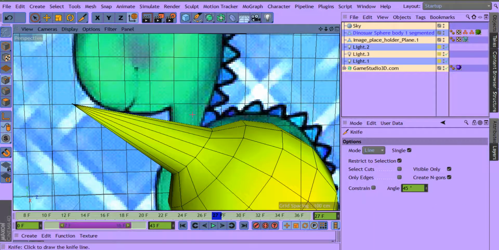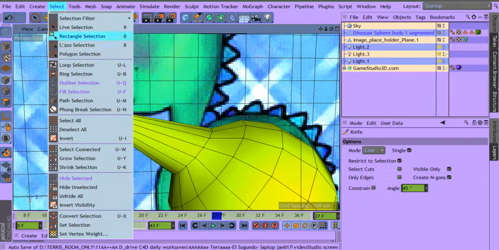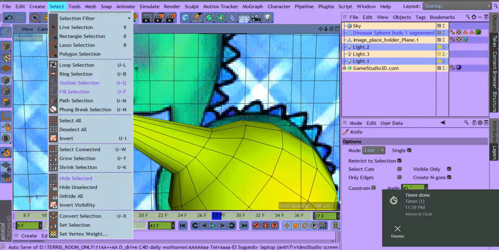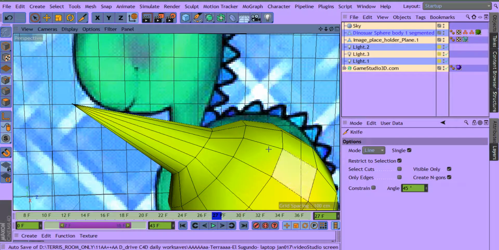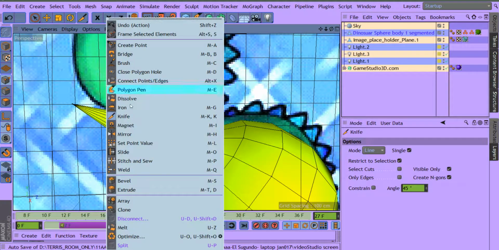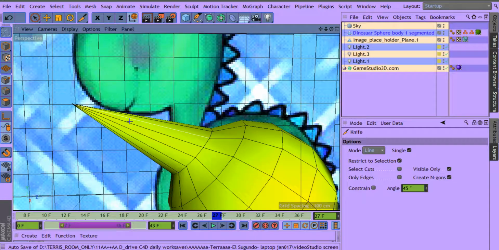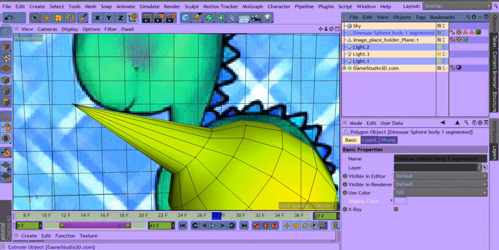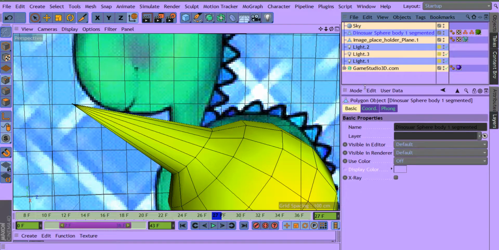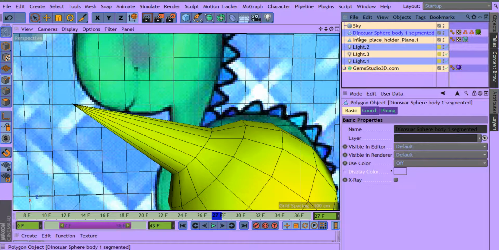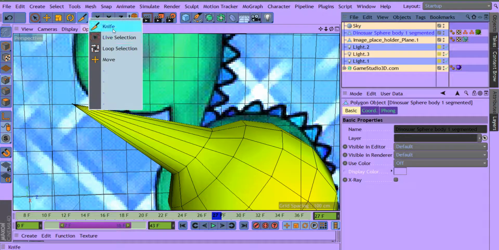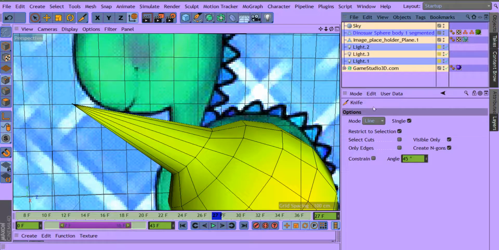There we go. Okay, that's what we want to do. We will be using the select loop, but first we have to get on the knife tool. So we got on the knife tool by right clicking in the open space. See that knife tool? We're going to do some cutting into these polygons. And then when we have our dinosaur selected up here, or actually notice the menu, this menu down here changed, and we want it so when we select the knife again, we're back on the